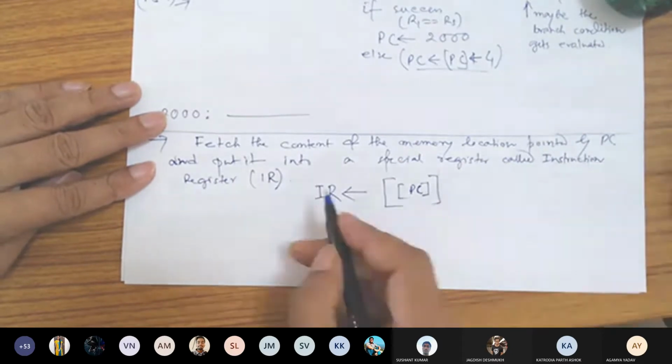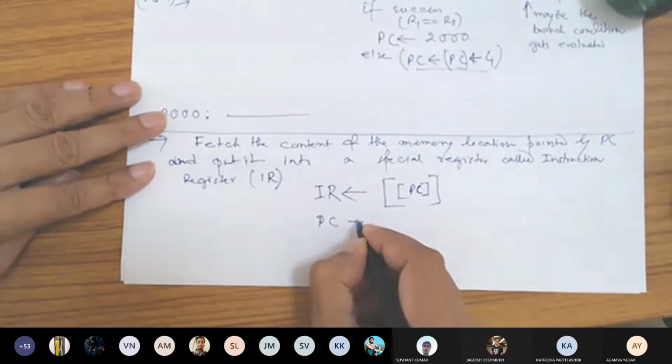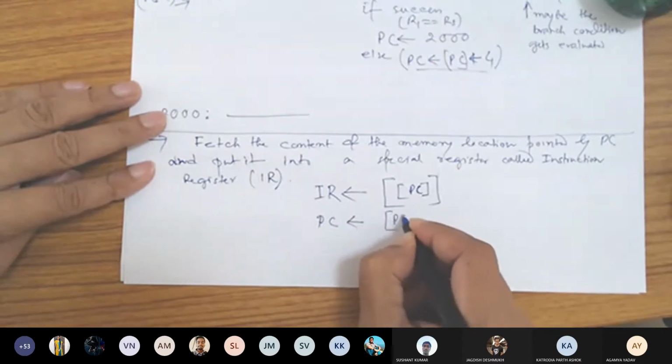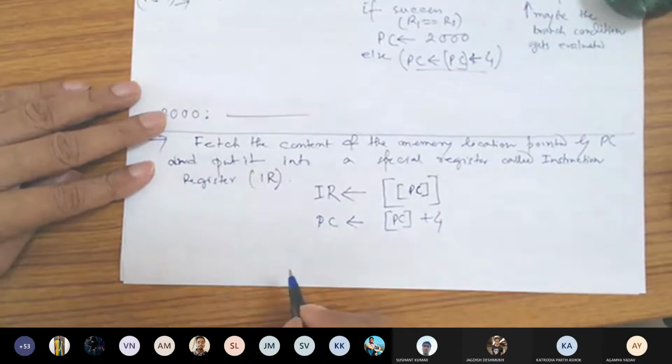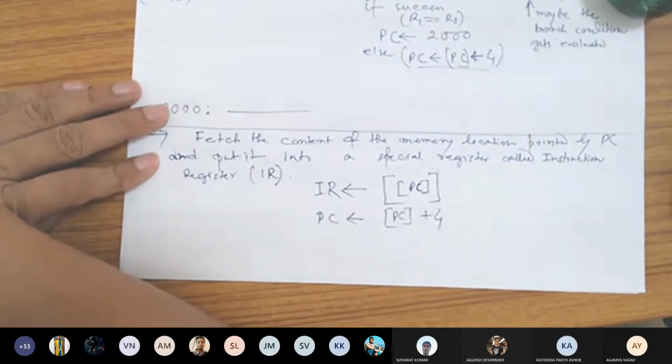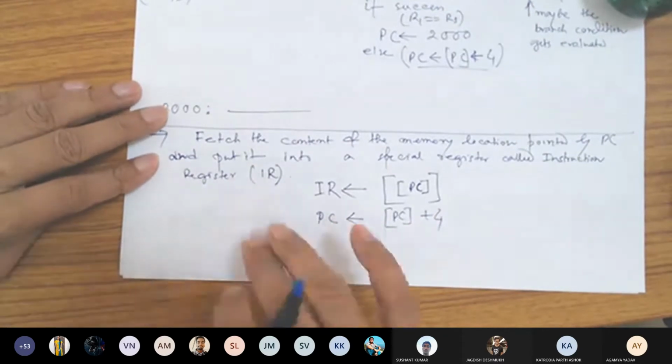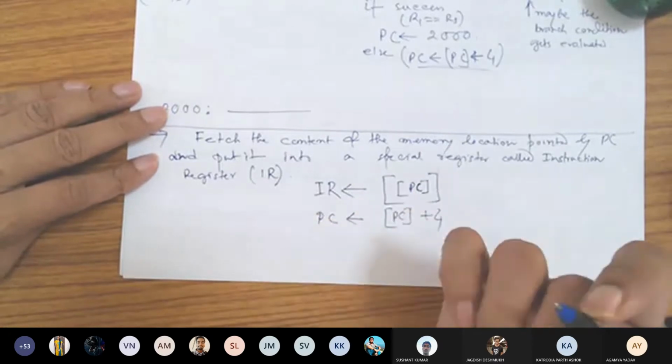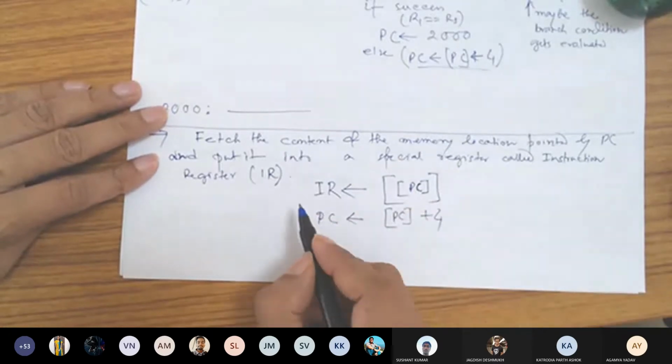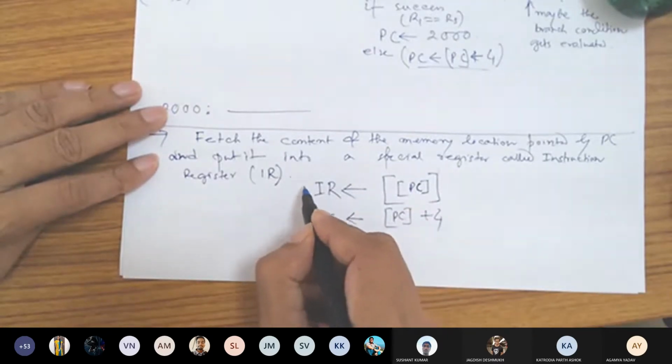Okay. And we have already done PC equals PC plus 4. So the whole fetch stage can be summarized in these two.